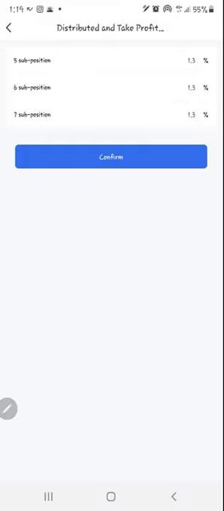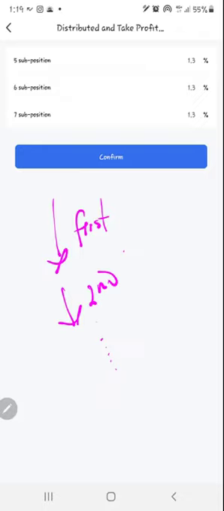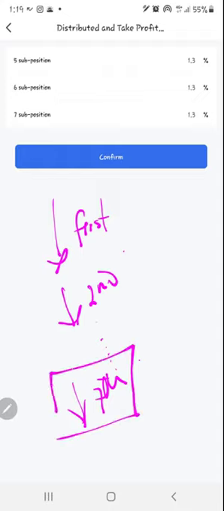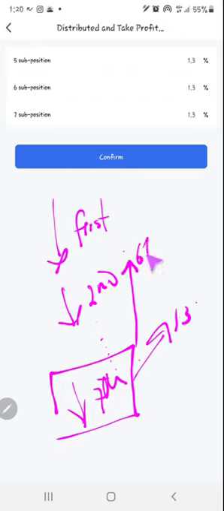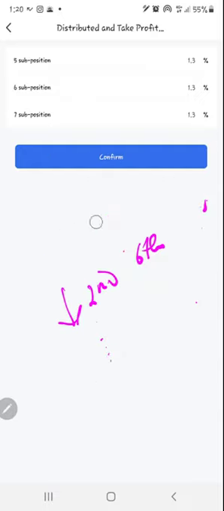This is how you want your dips to give profit. Okay, what the robot does is when it buys a dip at your first call, it buys a dip at your second call. Assuming it buys your dip up until the 7th call. What you're telling it is, from this 7th position, sell this position and give me a profit of 1.3. When it pumps up to the next position, 6th position, sell it and give me a profit of 1.3. When it goes up to the 5th position, also sell it and give me a profit of 1.3. Okay, then from the position of